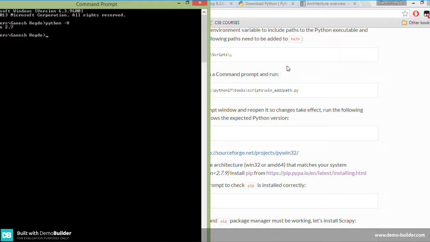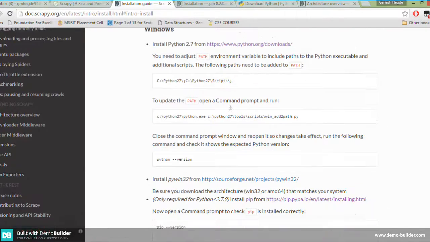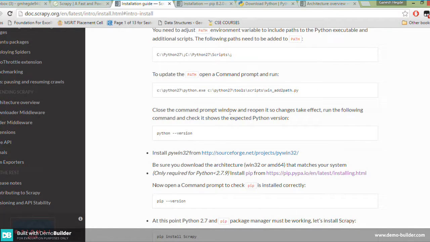After some time it will give the Python version like 2.7, and after that you need to install pip for Python. For this you need to go to this page, pywin32. After Python we need pywin32 also. You can go to this link, download pywin32 and install it, otherwise simply install it. After installing pip you can install pywin32 also.